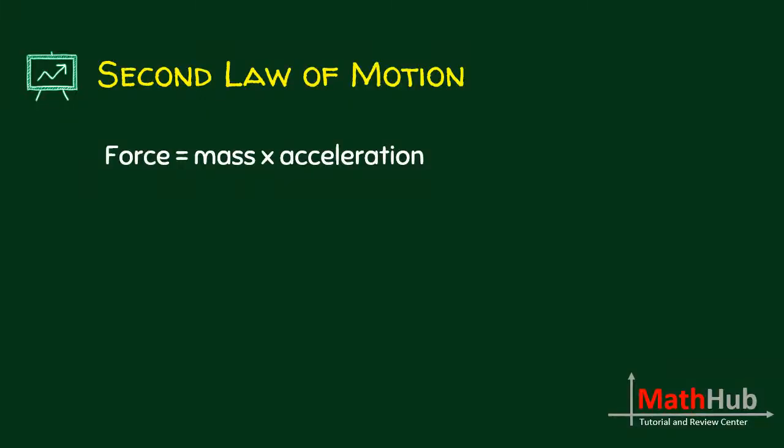Next, let's go to the second law of motion. The second law of motion is simply a formula. It is saying that the force is equal to mass times acceleration. Now, take note from this that when acceleration is 0, let me write that down. When acceleration is 0, your force would also be equal to 0, right? Let's watch the following video to understand more about the second law of motion.